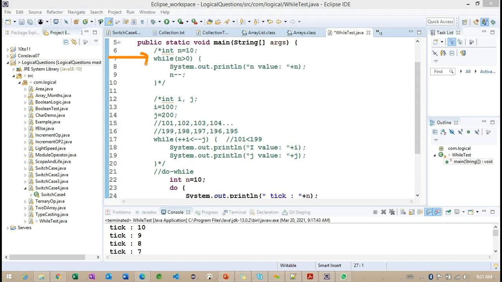Even when we come the first time, we have a condition or not here? If the condition returns true only, we have the scope to enter into this block. Otherwise, where will it come? Line number 12. If the condition returns false, it goes directly back to line number 12. If this condition returns true, we'll enter into this println statement here.